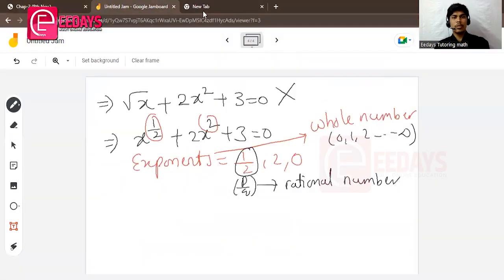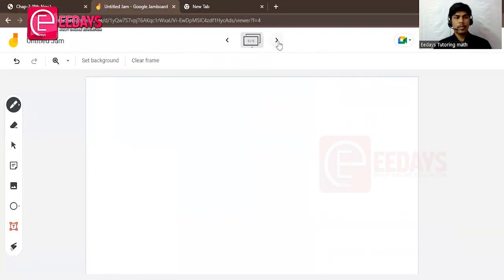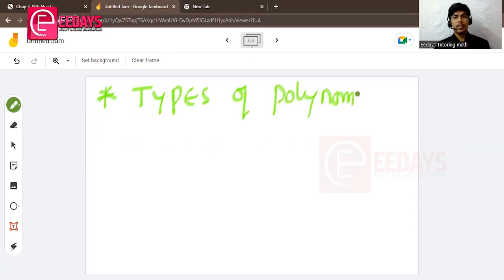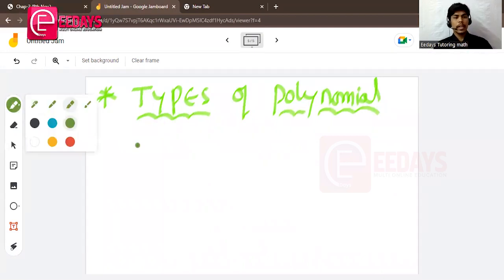Now the next concept would be types of polynomial. First class is very, very important. I'm teaching all the basics about the polynomial. Try to take the notes, those who don't know. Types of polynomial. The first condition here is based on